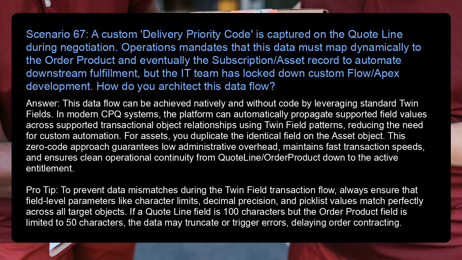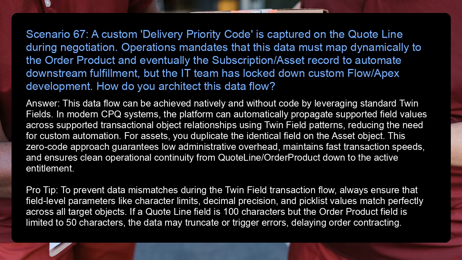Pro tip: to prevent data mismatches during the twin field transaction flow, always ensure that field-level parameters like character limits, decimal precision, and pick list values match perfectly across all target objects. If a quote line field is 100 characters, but the order product field is limited to 50 characters, the data may truncate or trigger errors,